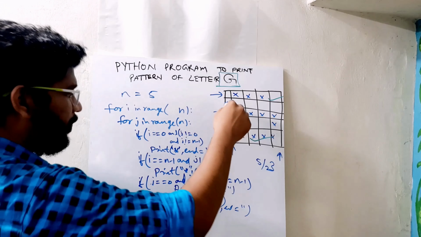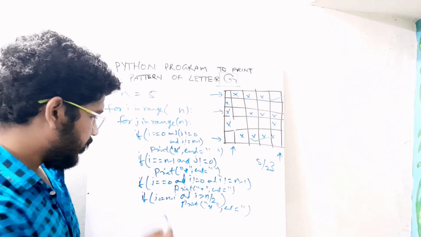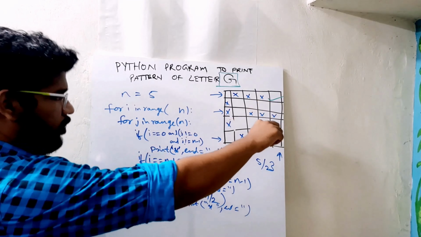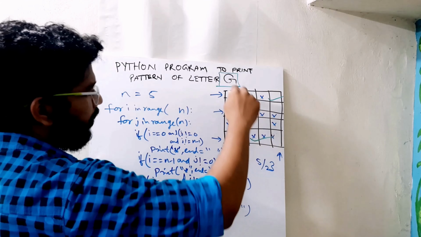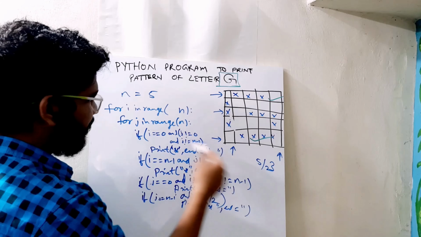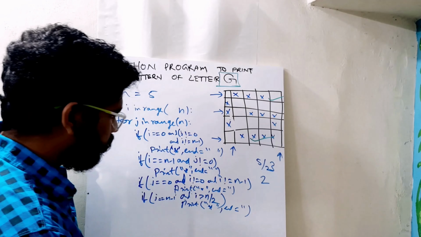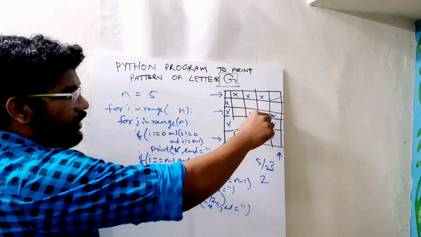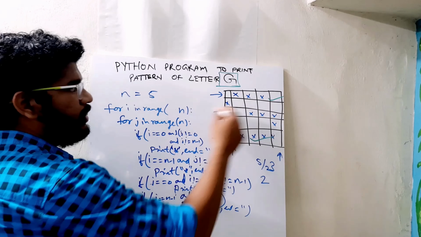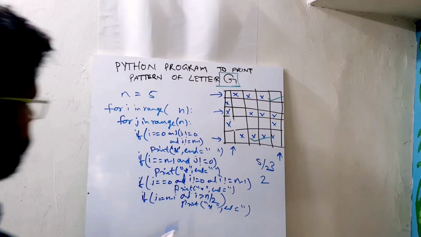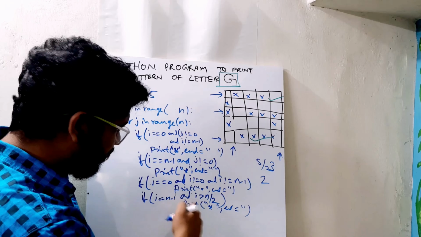So this is the condition. I have printed the first column, and this is the condition for the last column. Once again, the condition for the last column is j equal to n minus 1, that is the last column, and i should be greater than n by 2. Since 5 by 2 is an integer division, it will give only 2, so greater than 2 is 3. That will be from 3, 1, 2, 3. So it will print from here and go all the way down that column. And here we have this row. This is also similar. I think I am running out of space. Hope it's clear. I'll just skip these print statements.